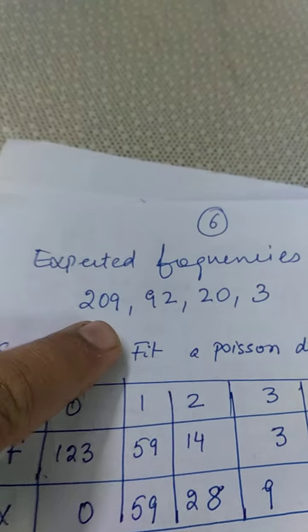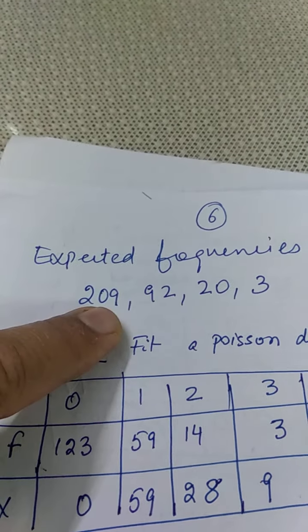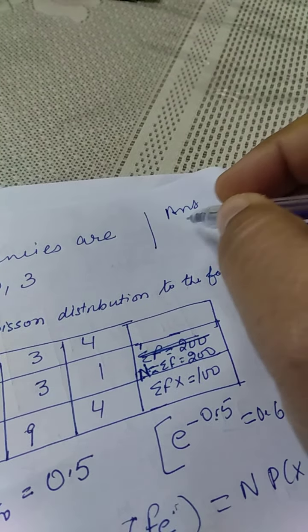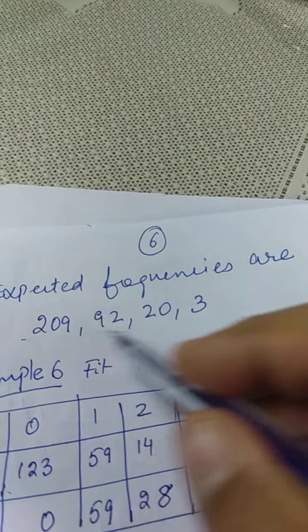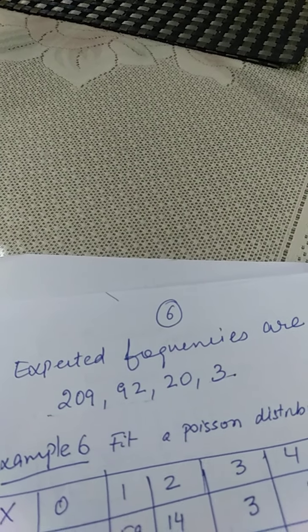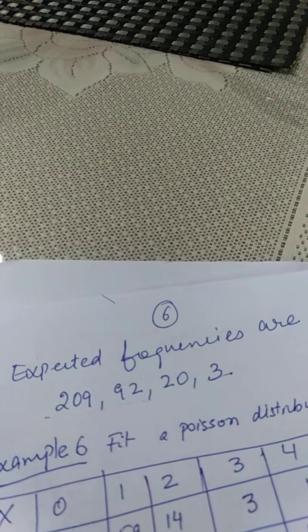Since number of pages they cannot be in fraction, so approximation technique is used. First when x is 0 तो 209 आ जाएगा, 92 आ जाएगा, 20 आ जाएगा और 3 आ जाएगा. इनको अगर आपने आंसर चेक करना है, if you want to check the answer, what you will do, just add these frequencies and see what is the answer. So 209 plus 92 plus 20 plus 3, you will get